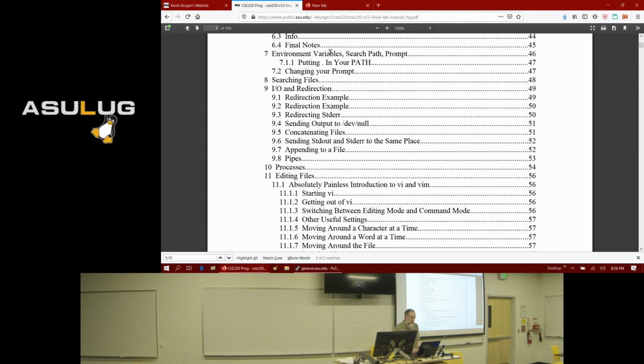This is important to understand: your path. In Bash, you have an environment and you have variables associated with it, and those are called environment variables. One of your environment variables is capital PATH. PATH contains a list of directories, and when you type a command, Bash will go through that list of directories looking for the file that matches the command you typed.